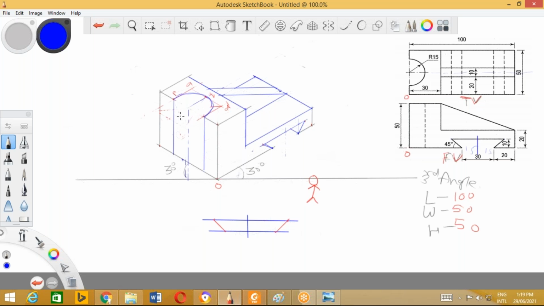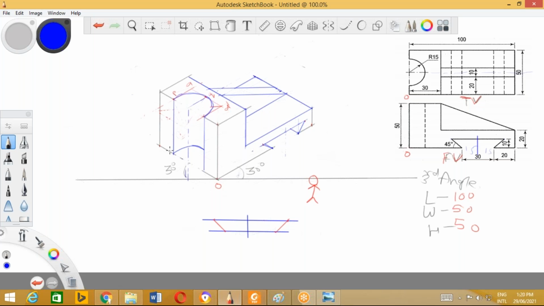Now how to draw this? To draw this arc, we considered BQ as the center and drew this line. So shift this point, total height is 50, shift this point 50 millimeter below and draw this arc like this. If you look at this, it will get matched somewhere here. Now erase the line which is not required. So it will look like this.